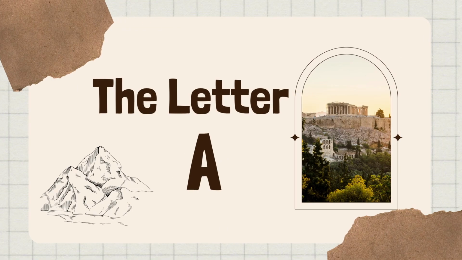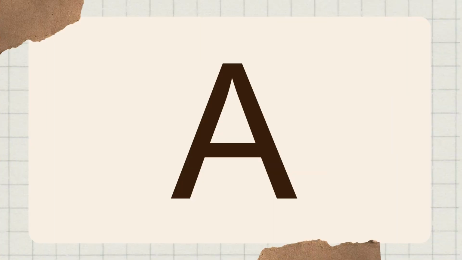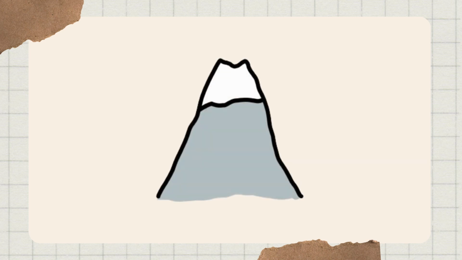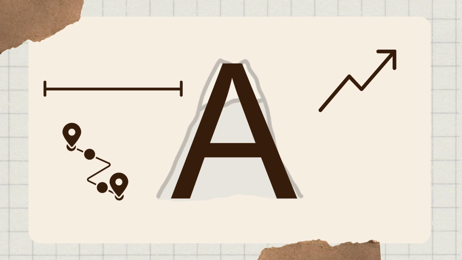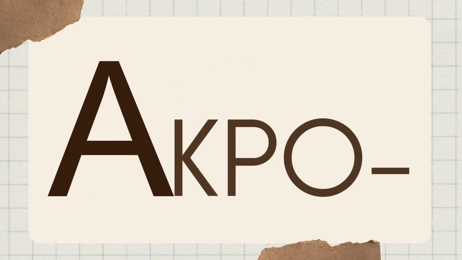The letter A. The Latin letter A is exactly the same as in Greek. Same sound, same form. In the previous video, we saw that the shape of the letter A could represent the summit of a mountain. The Latins therefore adopted numerous Greek words that used this initial to designate anything at the top or at the extremity of something, notably through the prefix acro.